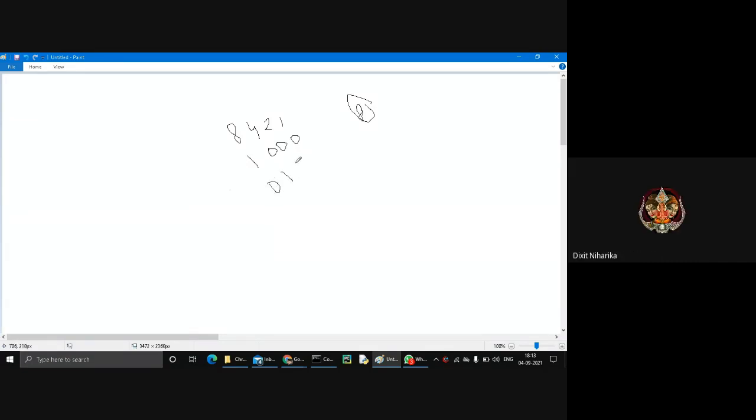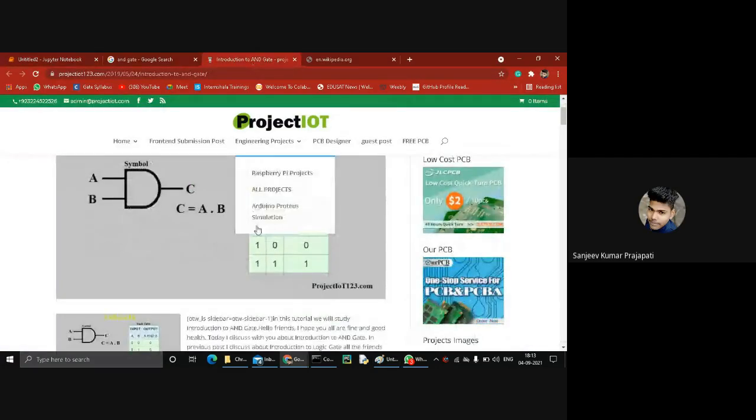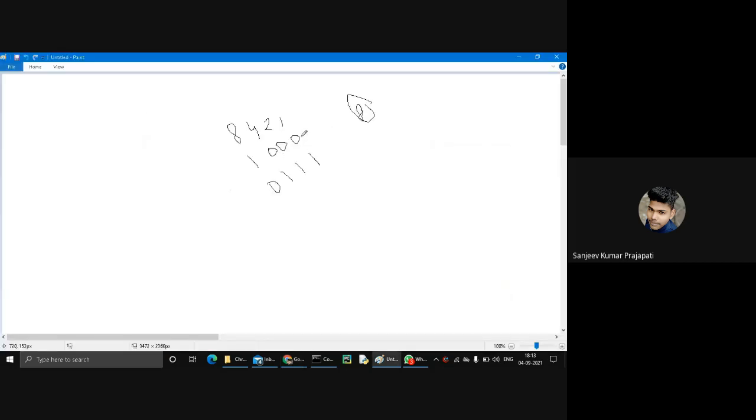I will also show you how in this case the bits differ: 1000 and 0111, so we get 0. When both bits are the same and equal to 1, then we get 1. Here both inputs are different, so we get only 0. Got it? Yes, sir.